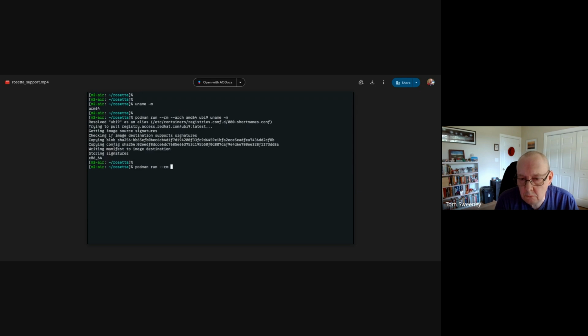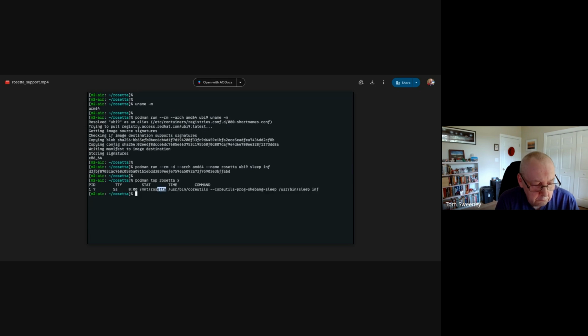Run another container and check the process status. The Podman top command shows that Rosetta is being used. Stop the container.